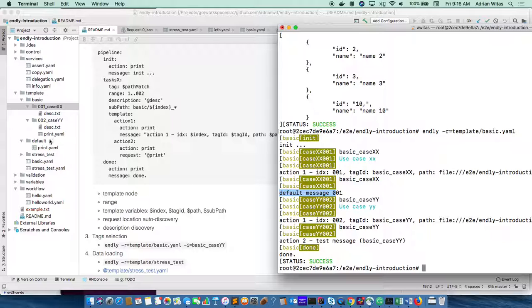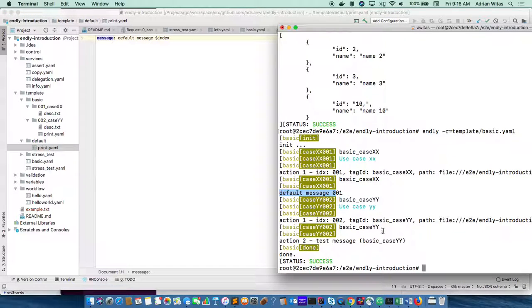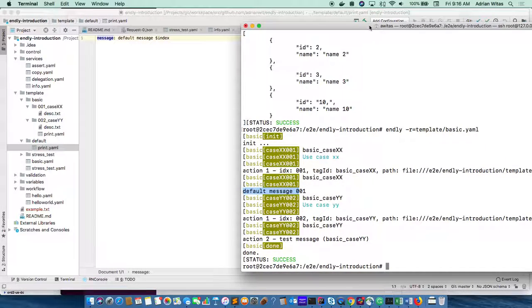So my default message looks like this. I have the default message and it's just expanding with the index. Let me go back here. Another important thing with using the action template is that